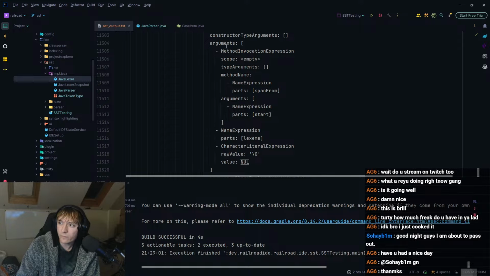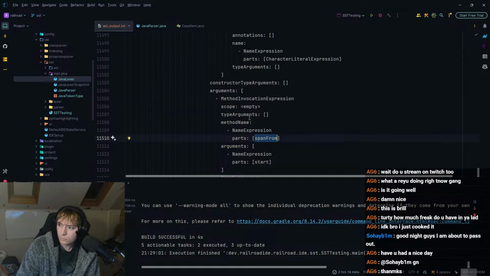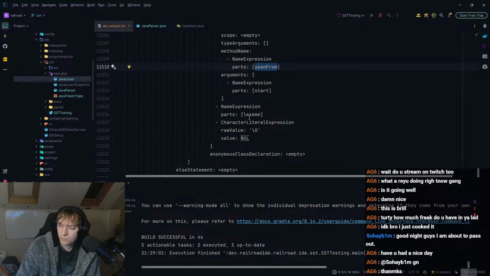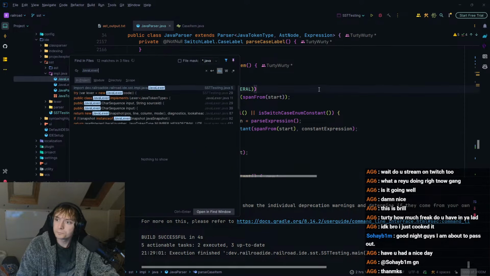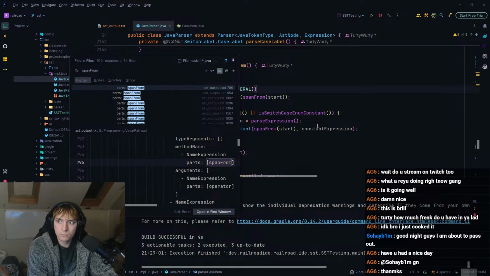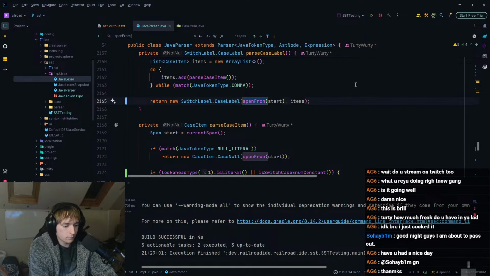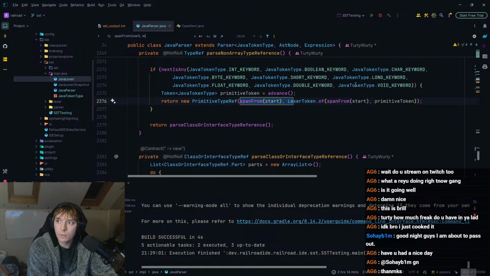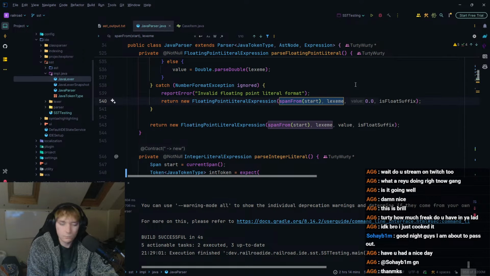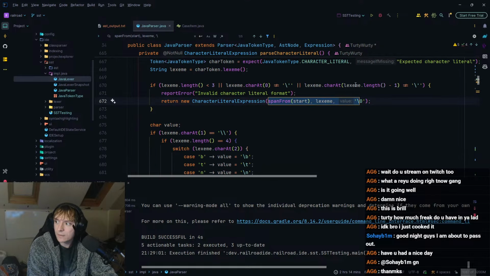So span from, so this is a method invocation. So it thinks it's found span from start, comma, lexeme, comma, \0. No, not like that, we want to do it like this: span from start, comma, lexeme, comma, \0.